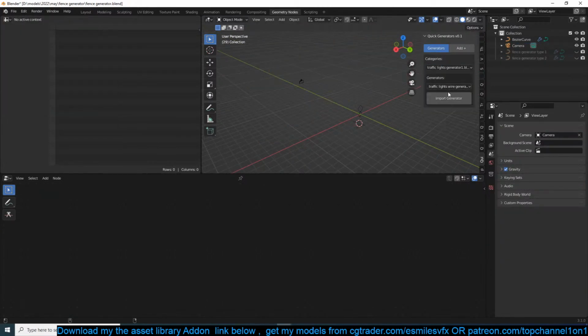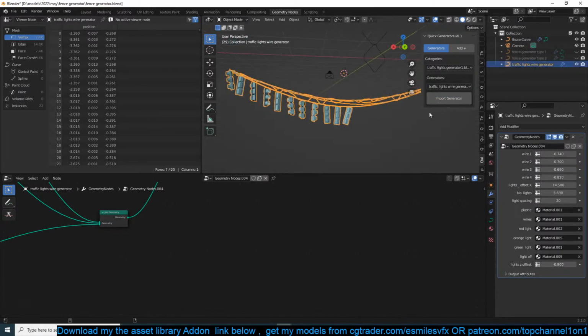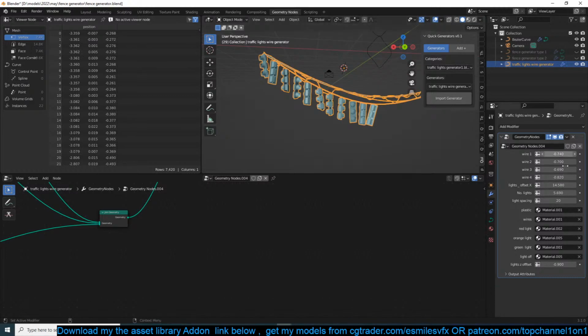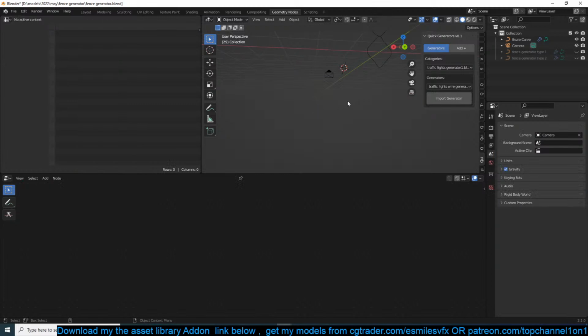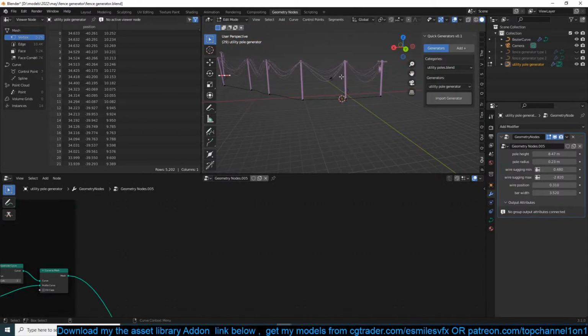We have a traffic light generator. This I've already shown in the video. And then you can move this around. I have a lot of controls here. Then I have a utility pole generator like this.